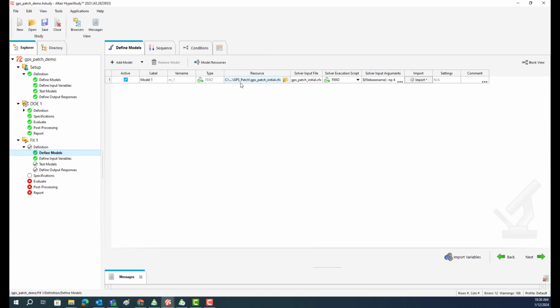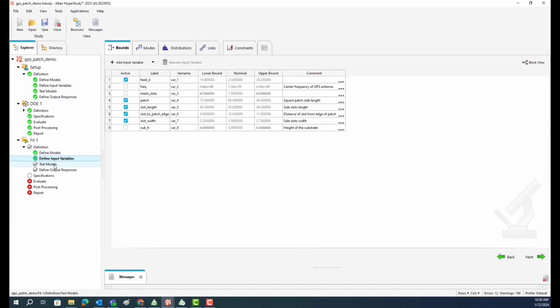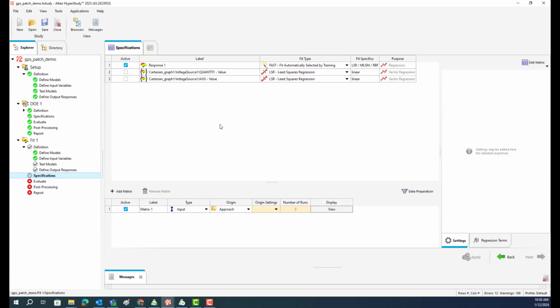Once again, we can see the model is loaded. We have all the design variables. Now going into the specifications, these are the algorithms that we have. These are all the different machine learning algorithms. I would recommend to go with the default, which is fit automatically selected by training. So depending on the data we have, HyperStudy will automatically choose the appropriate machine learning algorithm to generate the surrogate model. And for the input,